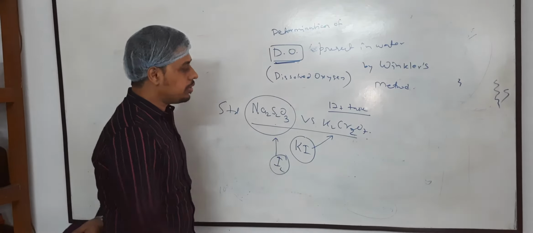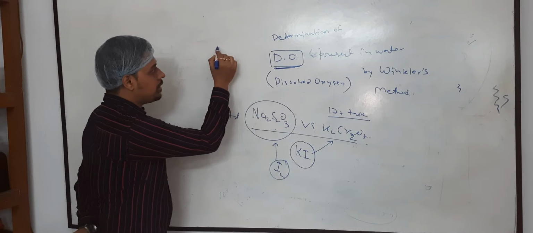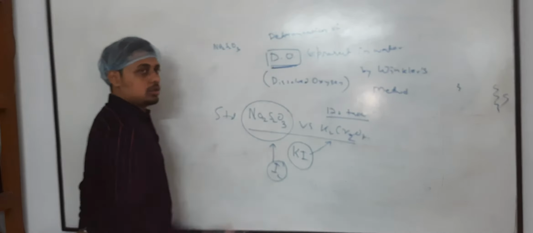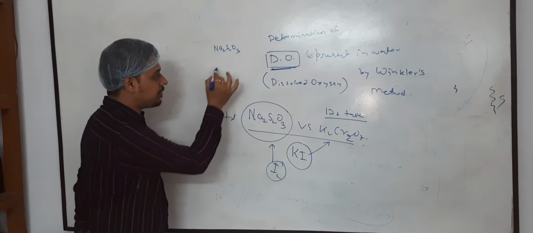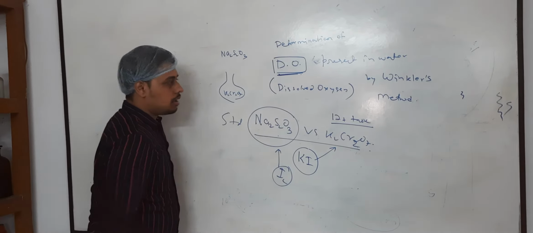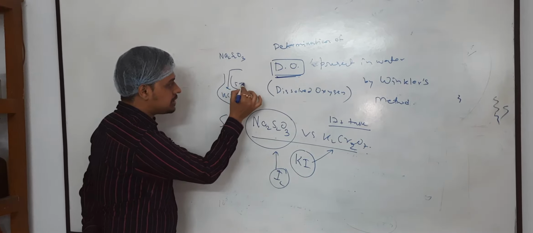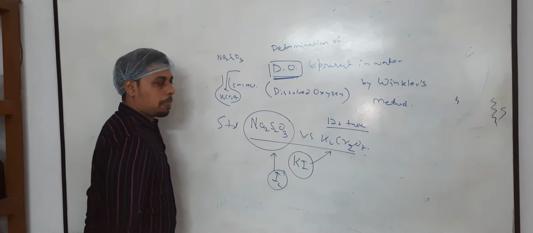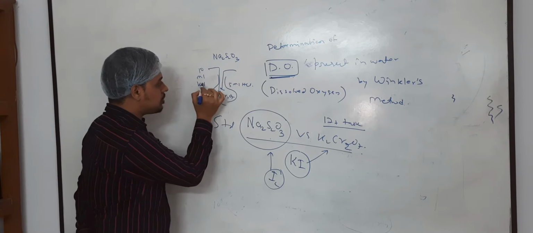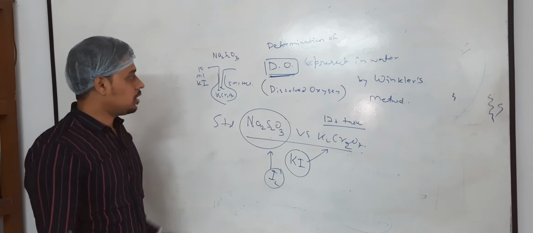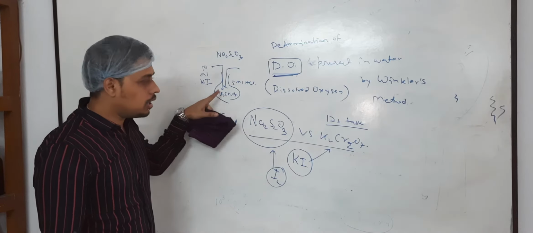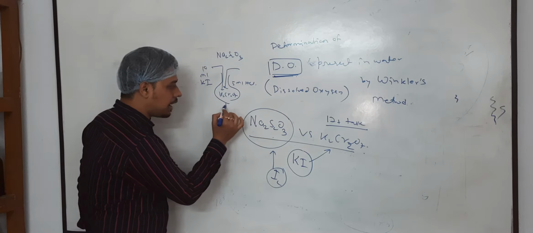In the process, specifically, we will take sodium thiosulfate in the burette. Fine. So we have taken sodium thiosulfate in the burette, and we have taken 10 ml of potassium dichromate in a conical flask. Let us add 5 ml of concentrated HCl and let us add 10 ml of potassium iodide, which is the only source of iodine. Now in presence of HCl, potassium iodide reacts with potassium dichromate for the formation of iodine.